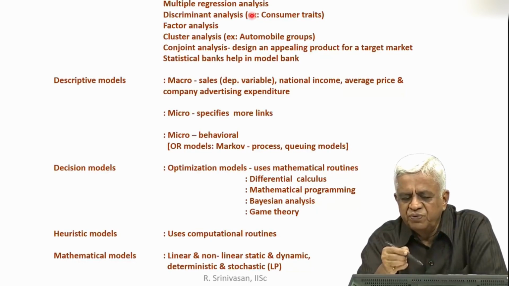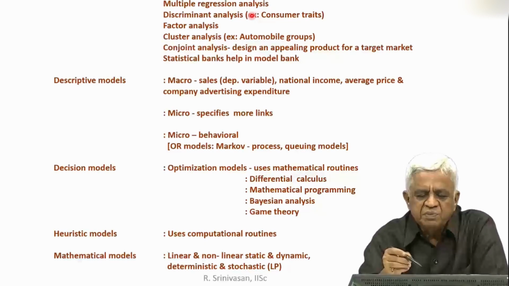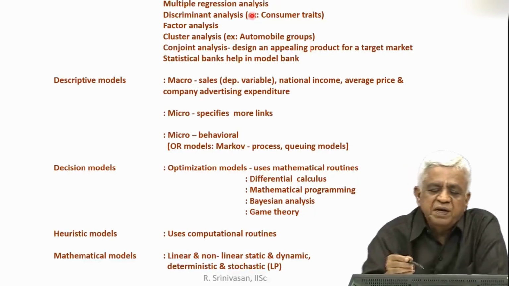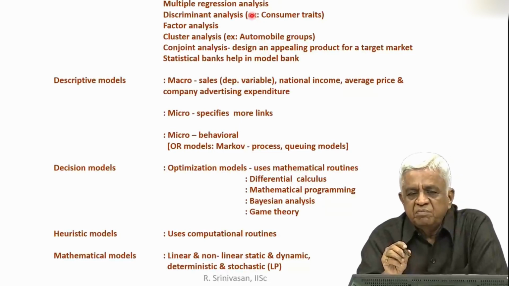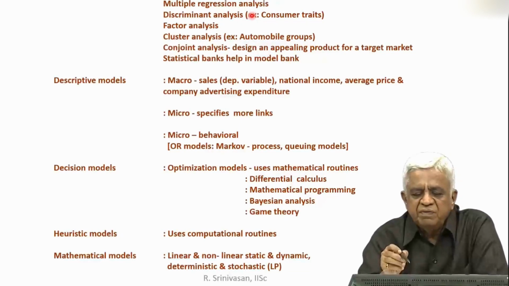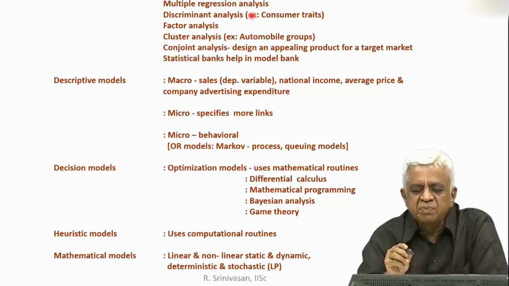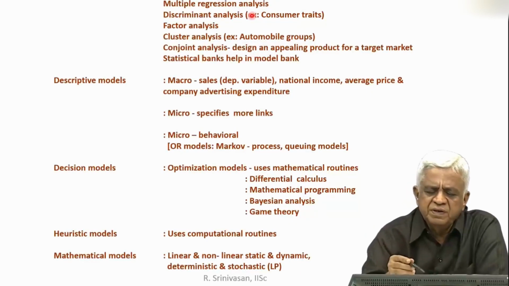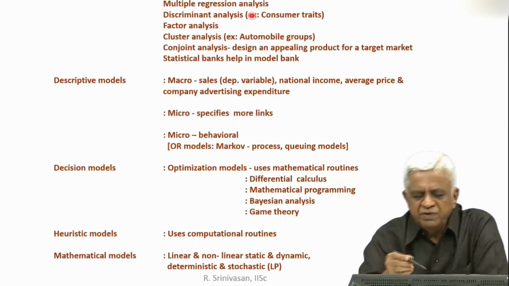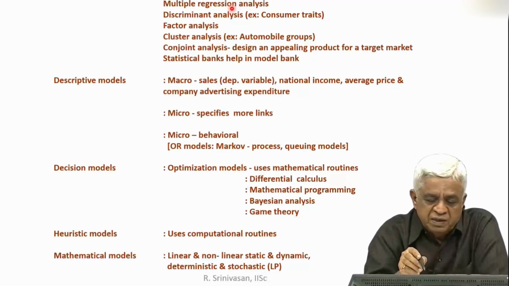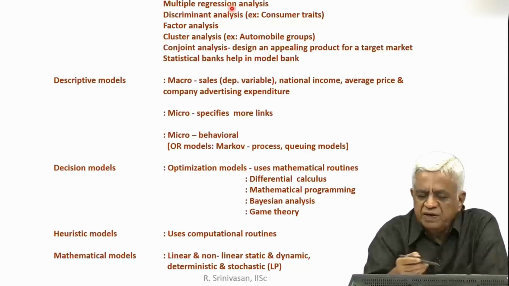Suppose you have chosen 4 independent variables. They explain 70% of the variation in the market demand. That is, your R squared comes around 70%. That means to say the independent variables that have been chosen explain 70% of the variation in the demand for the product, which is generally considered good in marketing. Then the second one which we make use of is called the discriminant analysis. Factor analysis is the third.